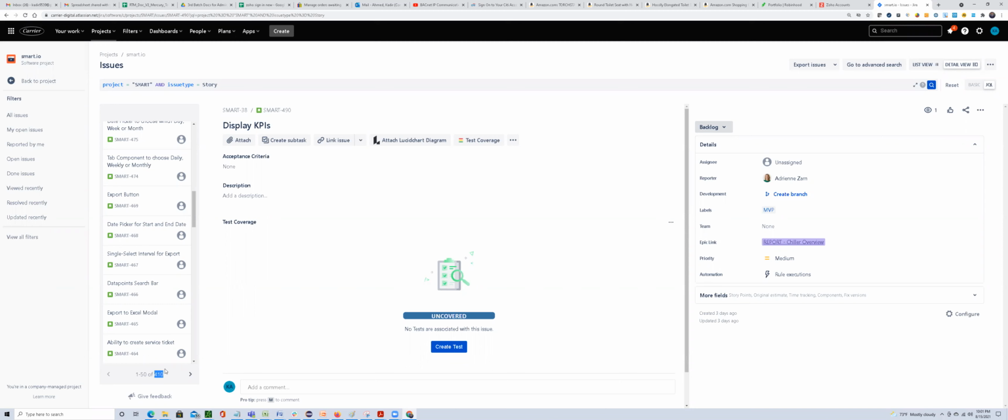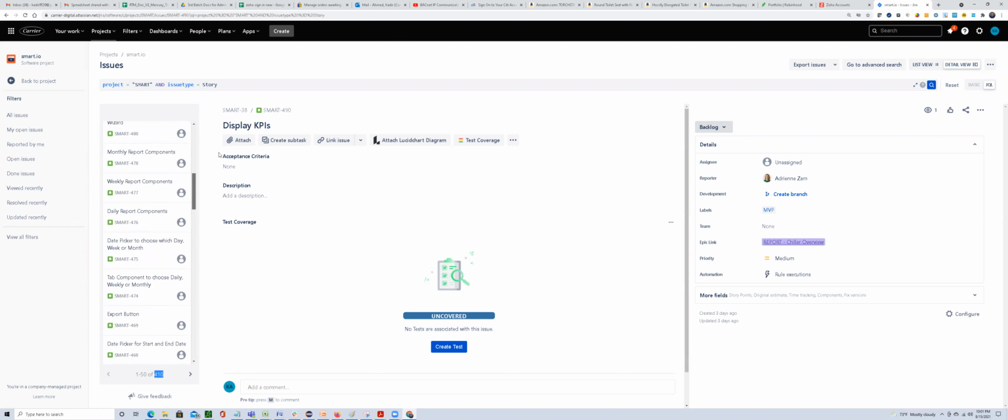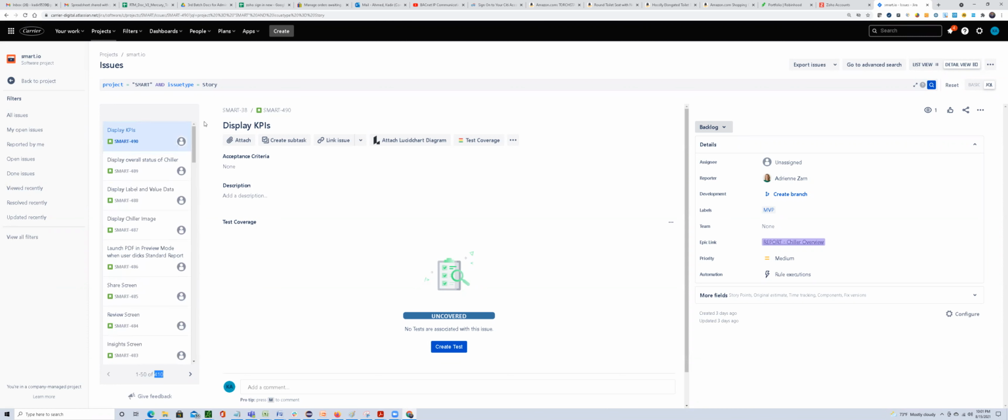So how do you know which test case falls under which requirement? And how do you know you have written test cases for all of these requirements? How would you know? You need something in place for that. And this is where RTM comes into the picture. And now if you look at the RTM,